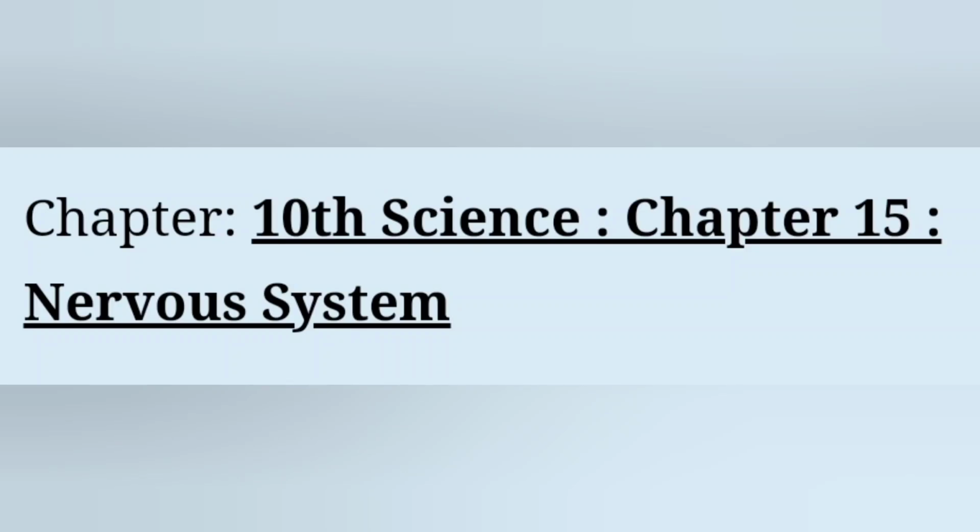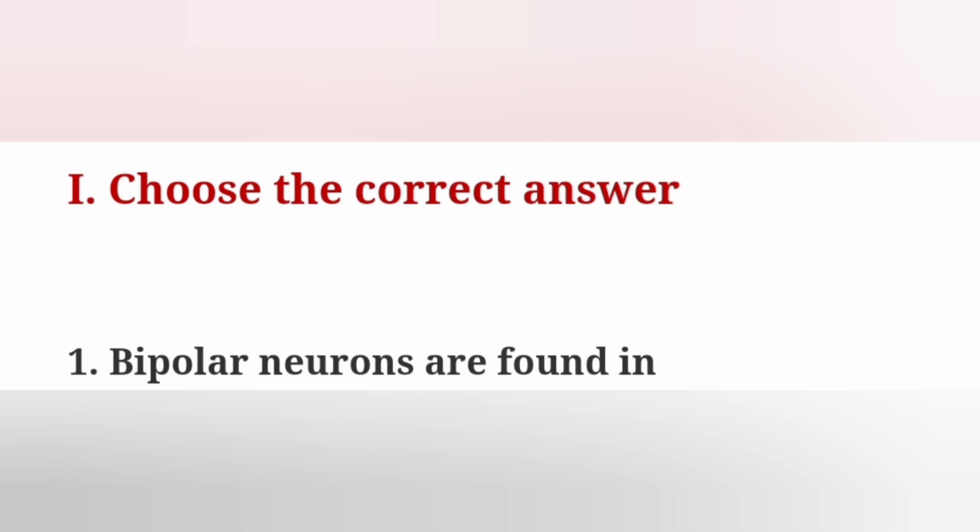10th Standard Science, Chapter 15, Nervous System. இந்த லெசனோட book back answers பார்ப்போம். Roman letter 1, choose the correct answer. First one, bipolar neurons are found in